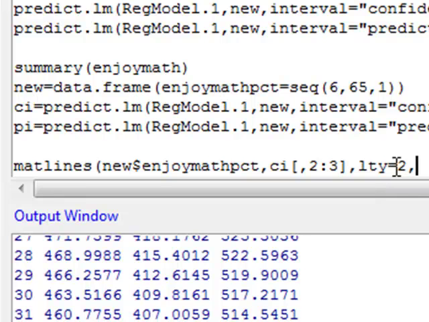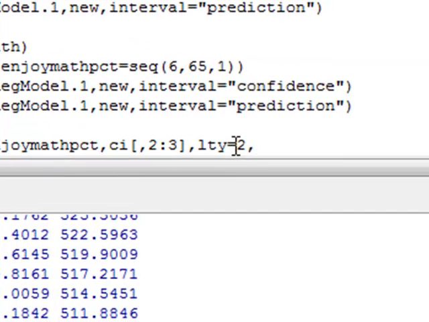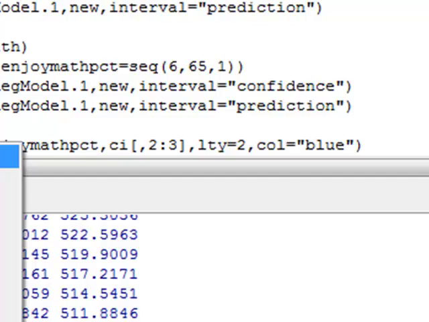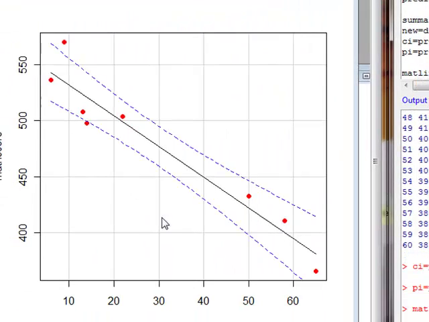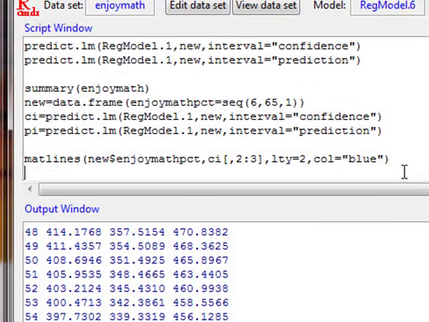And I also want to make it a different color. Now there's actually over 600 available colors in R. So what color is just col. Color does not work. So col equals blue. Okay. And submit that. Okay. And so here it added the confidence bands around my regression line, and now I want to add in the